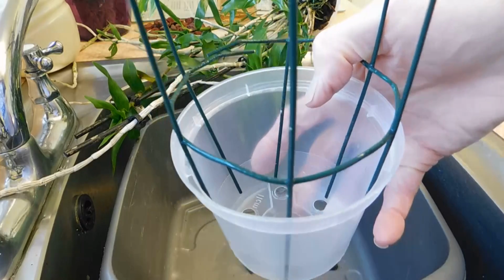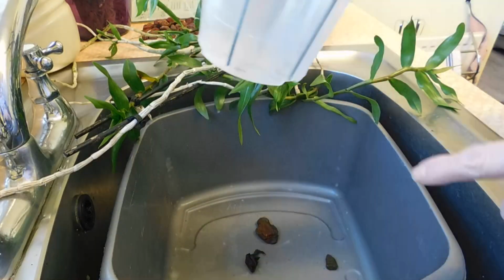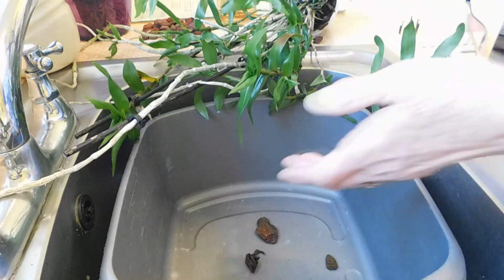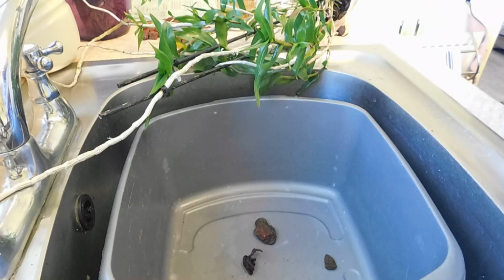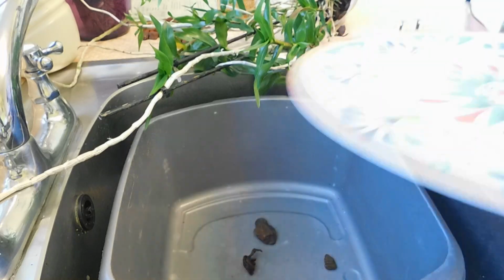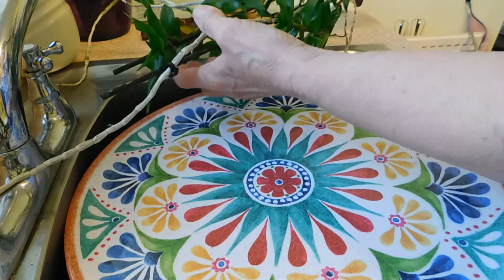And then I'm thinking, well, this will just fall over because it's too big. So I've got some lava rock here to put in the bottom. But first of all, let's see. Just hold on. Let me just bring my plate over. Just bear with me a minute. I don't seem to be very organised this morning. Right, so let's